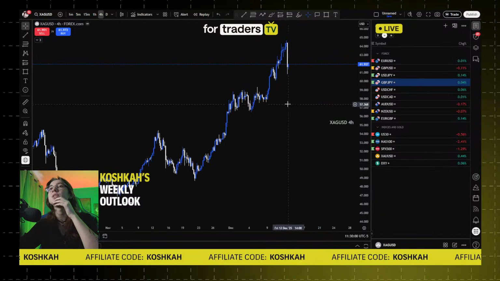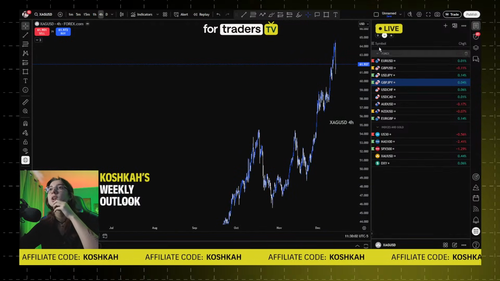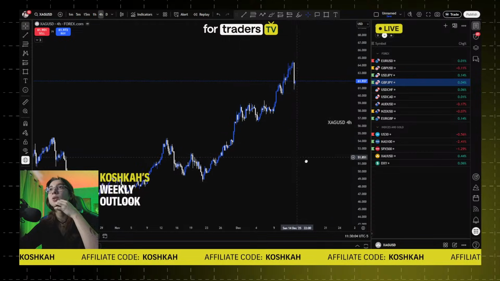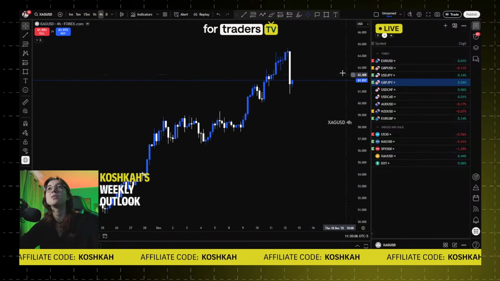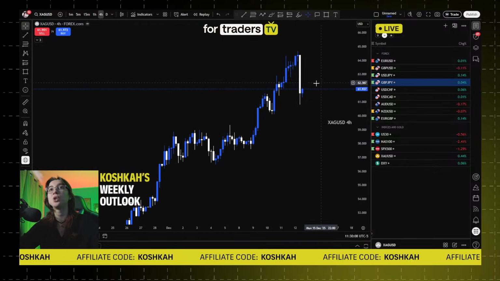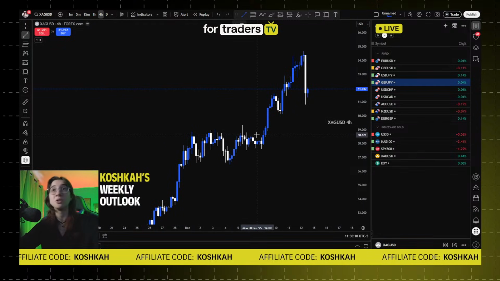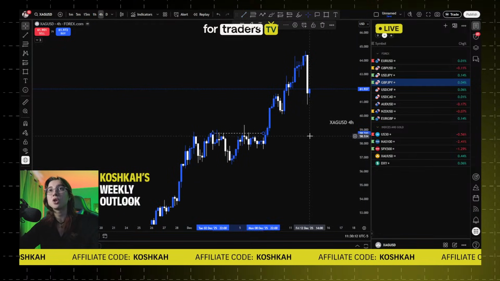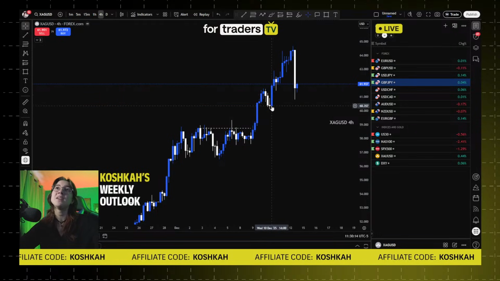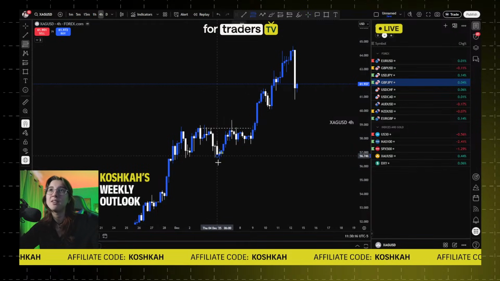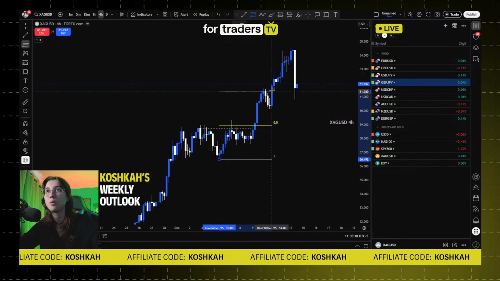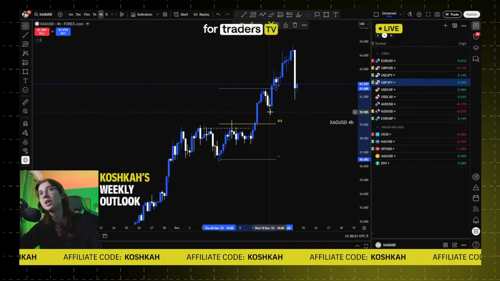Okay, silver, interesting, really more bullish than gold at the moment. So what's going on? Basically, we've been pushing to the upside pretty aggressively on silver, and we broke structure right here. We have a little pullback, as you can see. We can measure the pullback to see if it's good enough.